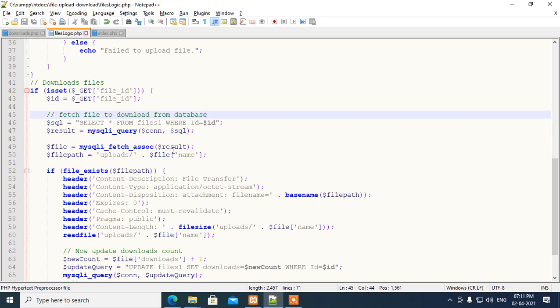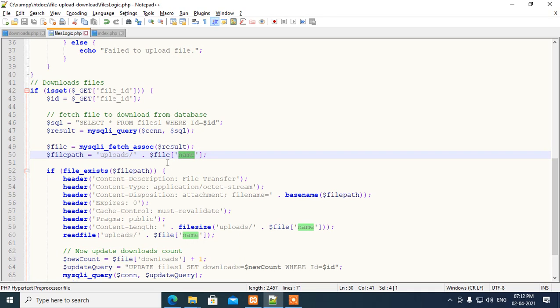To fetch the file from the database, I fire one query: select * from files where id is equal to id. It means I want to fetch all the details of a particular file with the help of its id. Then I execute it and fetch that result into $file, and with the help of $file I get the name of the file.